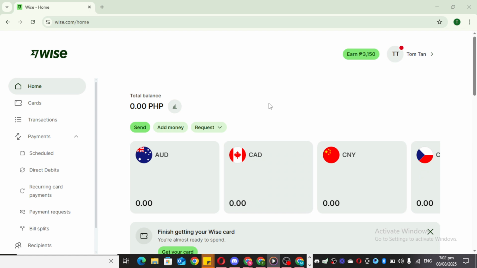First, you'll need to open the Wise platform. You might be using the website on your computer or accessing Wise through the mobile app on your smartphone. Either way, the instructions will be similar, so don't worry if you prefer one over the other. Once you've got the app or site open, make sure you're logged into your account. You've probably already done this, but double-checking is always a good idea, just to ensure the next steps are smooth